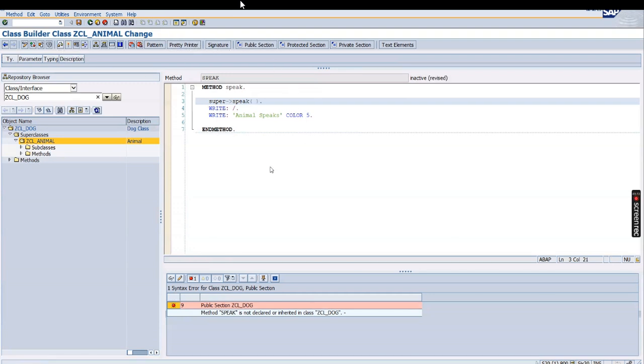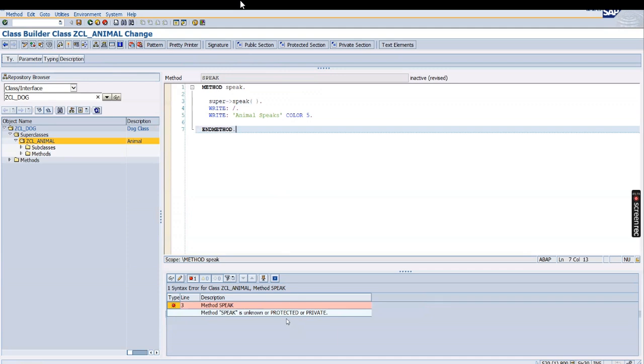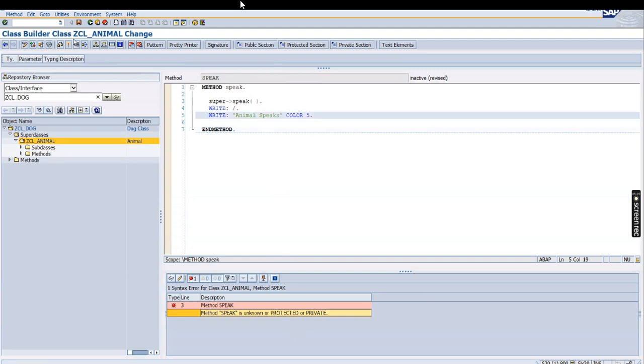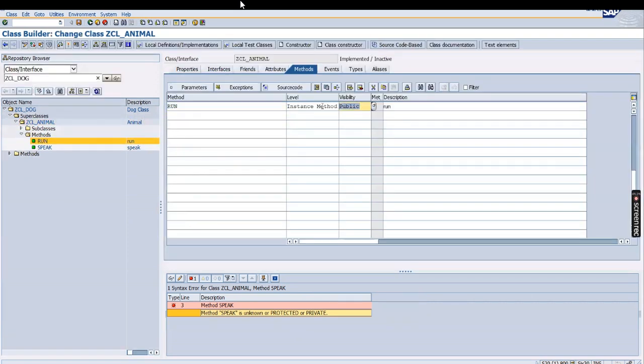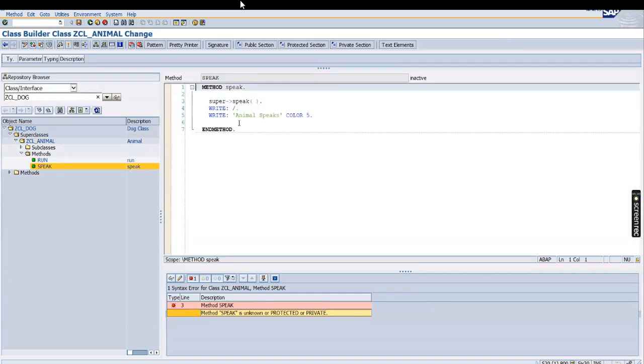Pretty printer, check this. Speak is unknown or protected or private. Okay, what's the visibility? Let's check its visibility. Run is public. It's fine. Speak is... save it. Go once again